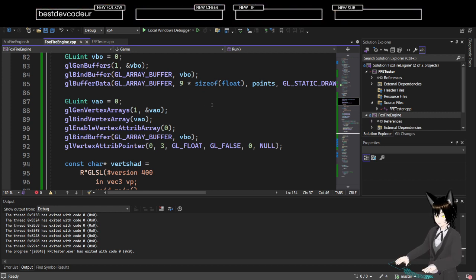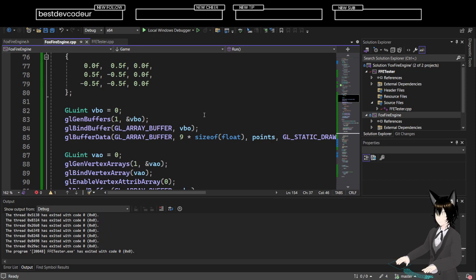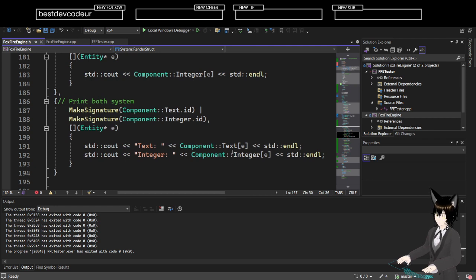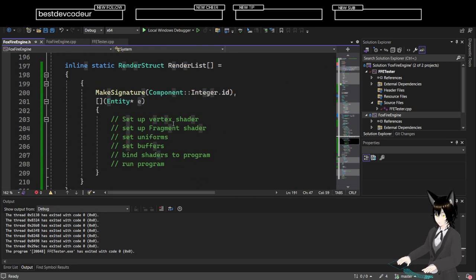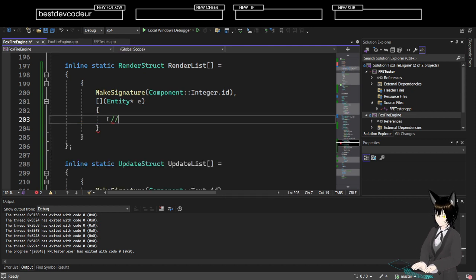I need to update the buffer every frame. And I can do that by going through, finding the component and getting all the information from it. So, in all actuality, what it's going to look like is